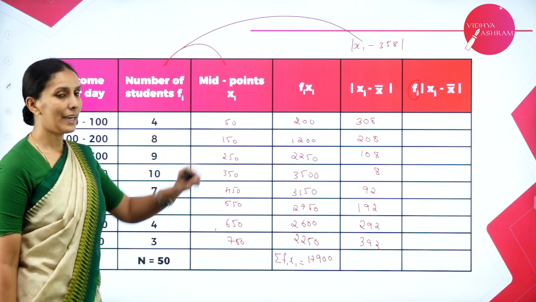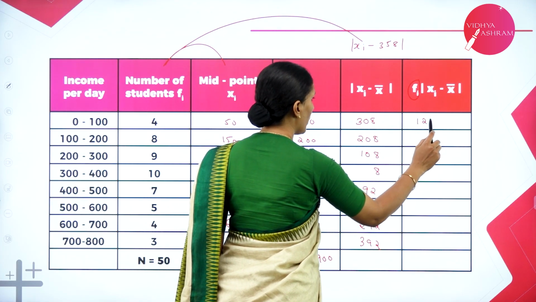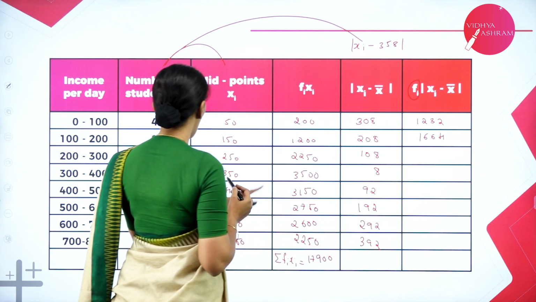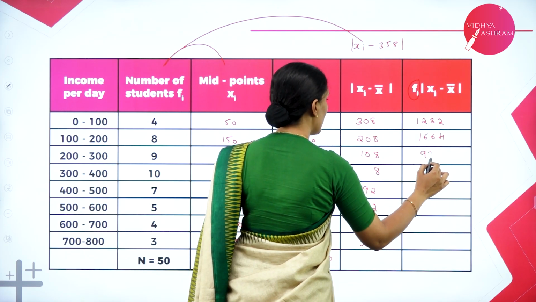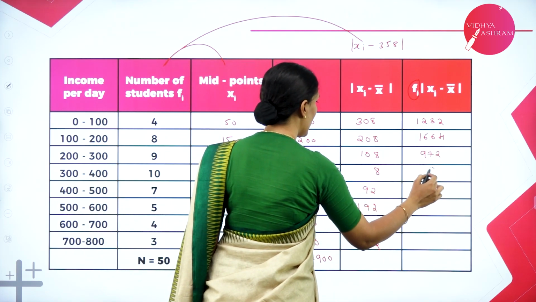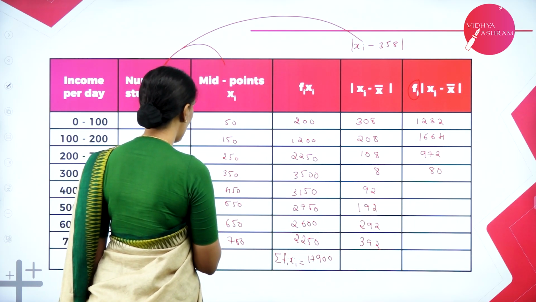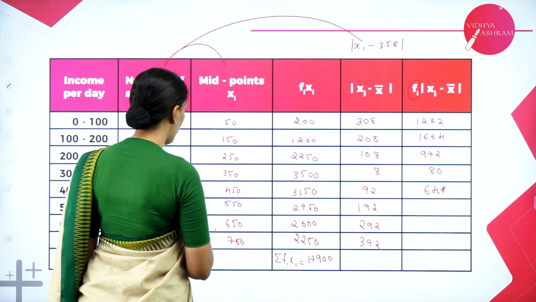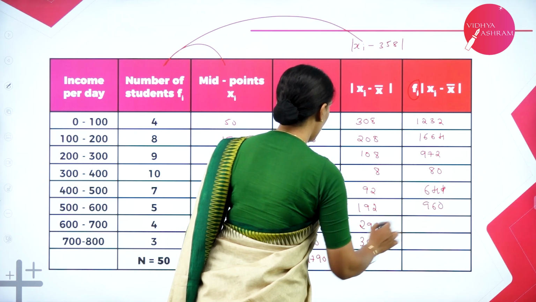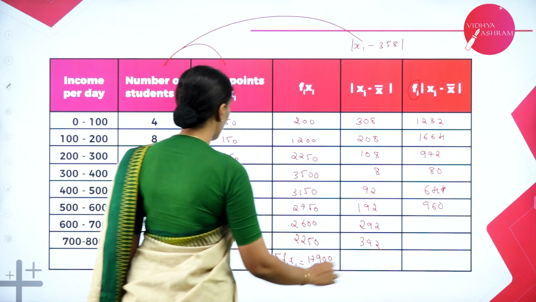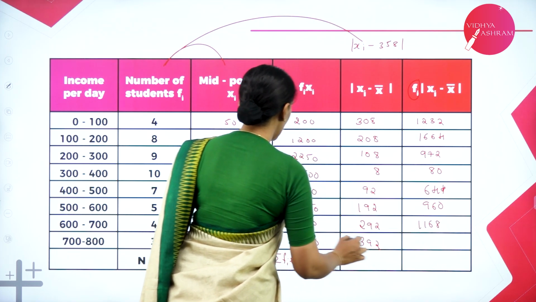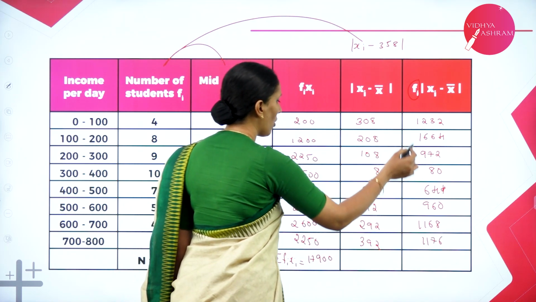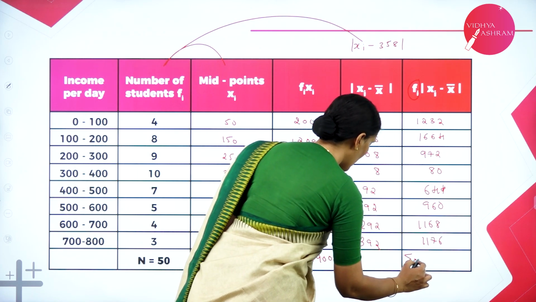So this is the frequency and this is the column Xi minus X bar. So 4 into 308, the value is 1232. Next value is 1664. Next we have 108 into 9, 972. So 8 into 10, 80. So 92 into 7, whose value is 644. Next 192 into 5, we have 960. 292 into 4, we have 1168. 392 into 3, we have 1176. Now add all these values, that is the summation, whose value is equal to